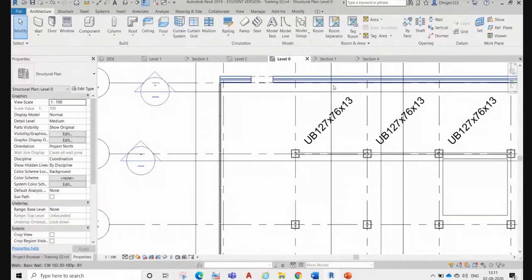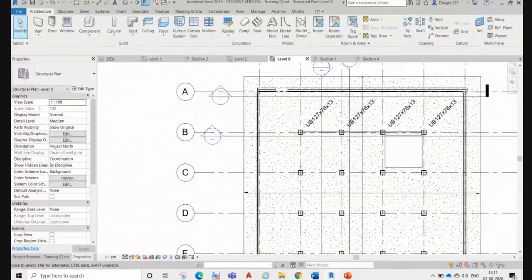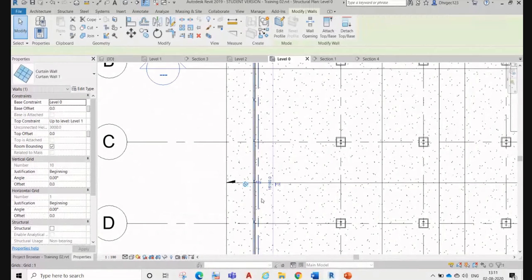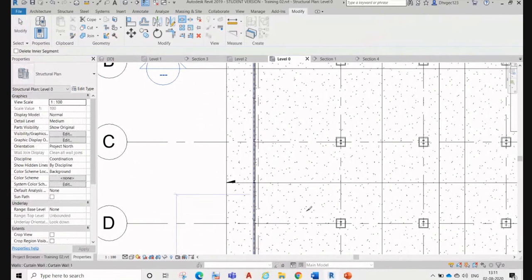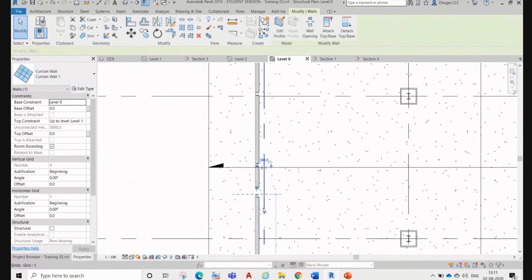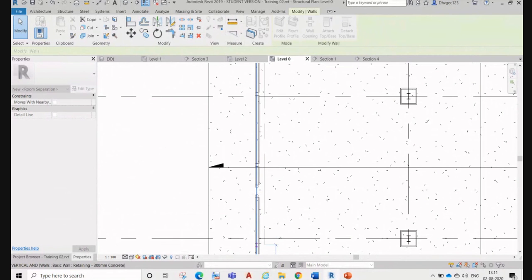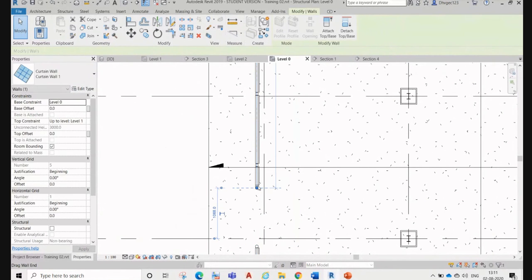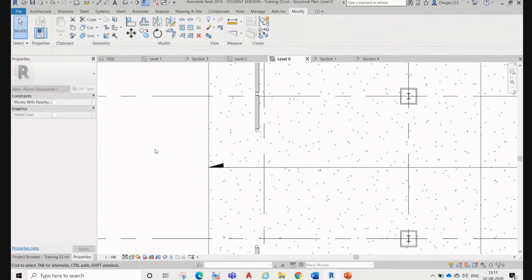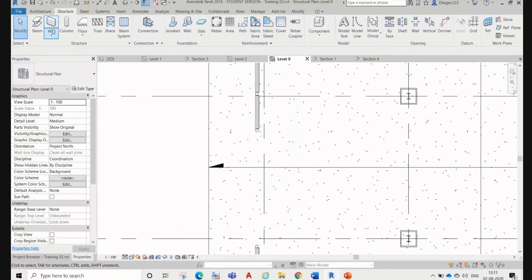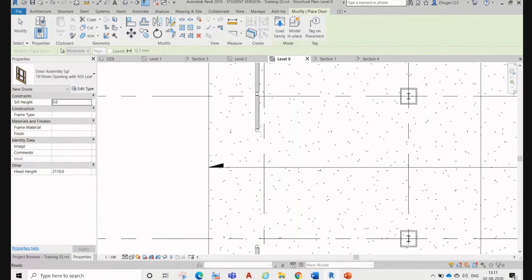So select the curtain wall and break it. Now we can put that door over here.